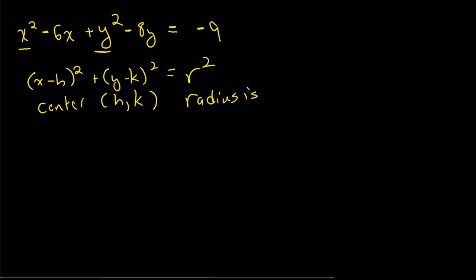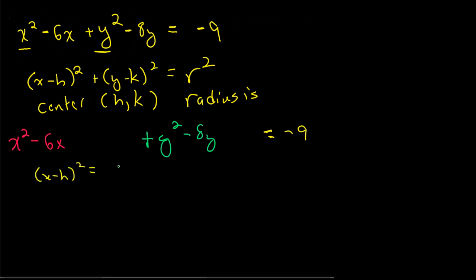So I want to rewrite this with some spacing between the x and the y's. x squared minus 6x, give a little bit of space here, plus y squared minus 8y. And what I want to do is find something that makes this a perfect square. What do perfect squares look like? If I were to multiply this back out, and I'm just going to focus on the one term here, x minus h squared is equal to x minus h times x minus h,